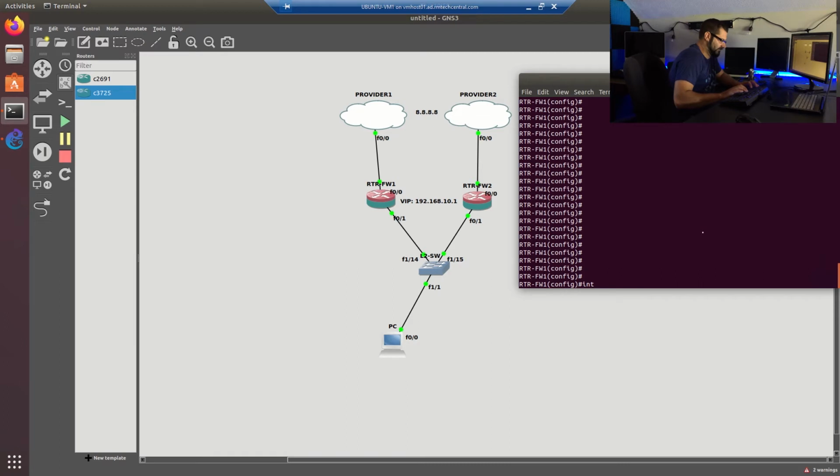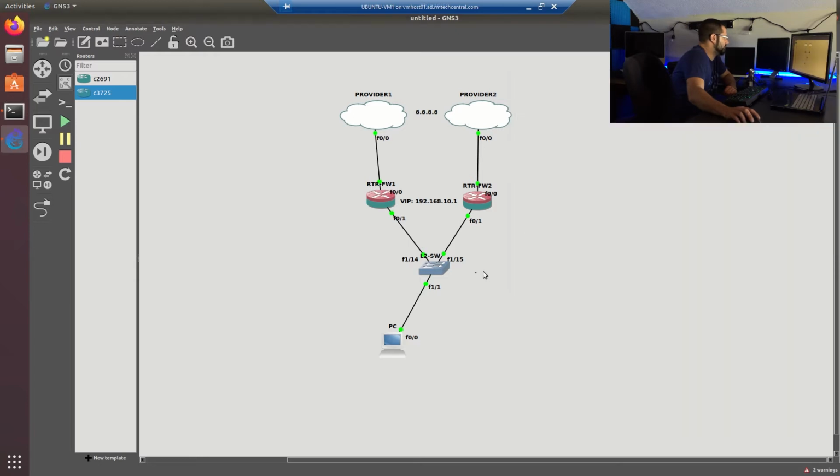So we'll go FastEthernet 0/1. And we'll go ahead and give this an IP address of 192.168.10.2, and a /24 subnet mask, so 255.255.255.0. Okay. And then let me go ahead and configure